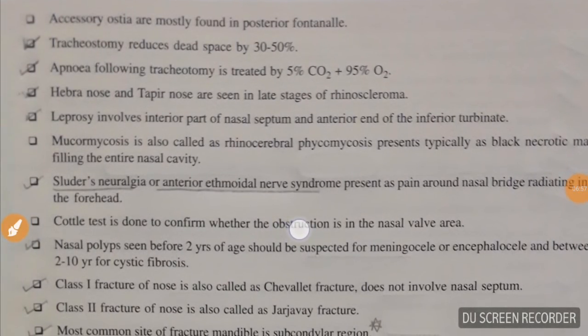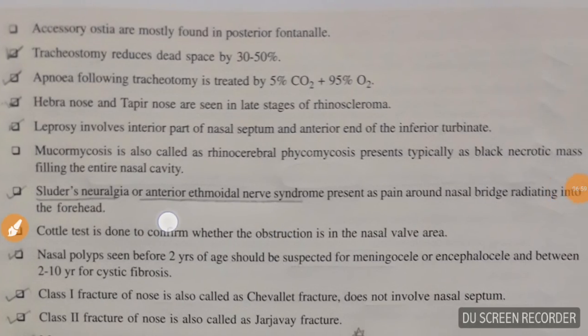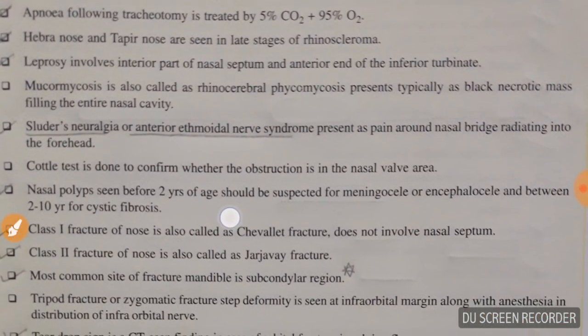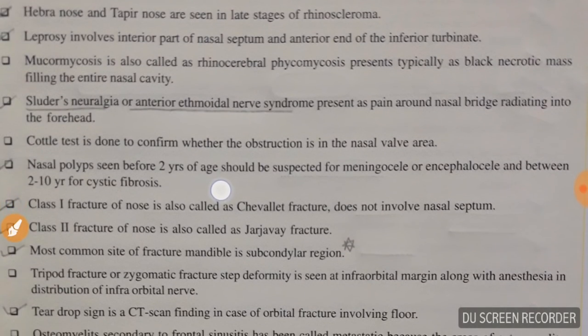Tracheostomy reduces dead space by 30 to 50%. Apnea following tracheostomy is treated by 5% CO2 and 95% O2. Hebra nose or tapered nose is seen in late stages of rhinoscleroma. Leprosy involves inferior part of the nasal septum and anterior end of the inferior turbinate. Sluder's neuralgia or anterior ethmoidal nerve syndrome presents as pain